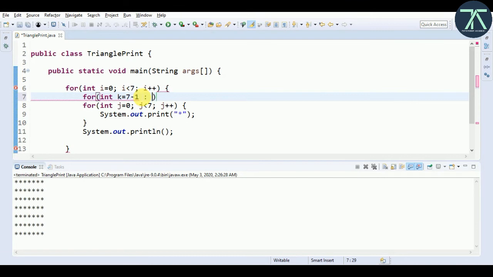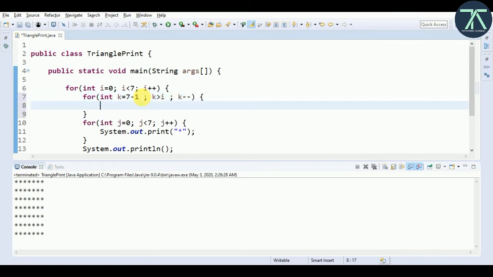The condition is k greater than i, with a decrement operator, k minus minus, and inside that I am going to print the space. Instead of println I have to use print for the space.